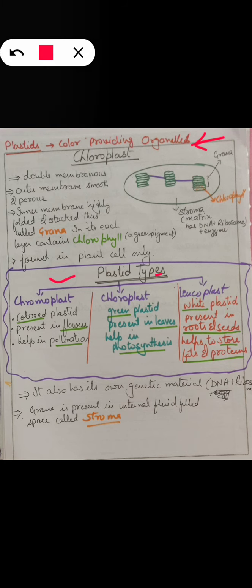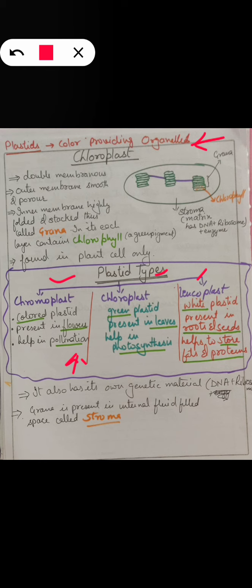You can see here, we can see here and here. Chromoplast is a colored plastid, due to which different colors are given to various parts. You can see that one of the colored things in the plant is the flower. And you can imagine why flowers are colored: because they attract insects and other animals for the process of pollination. So for pollination the flowers are colored, and the different colors of the flower are due to this plastid known as chromoplast.